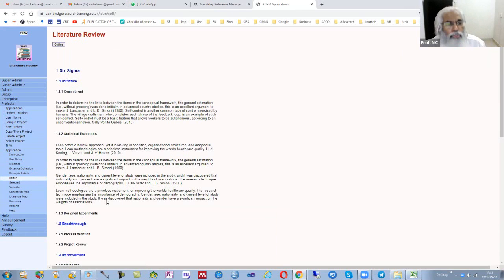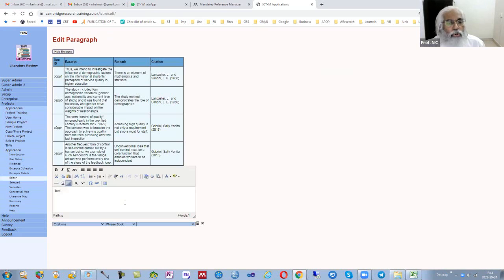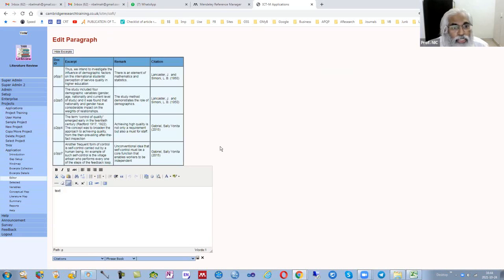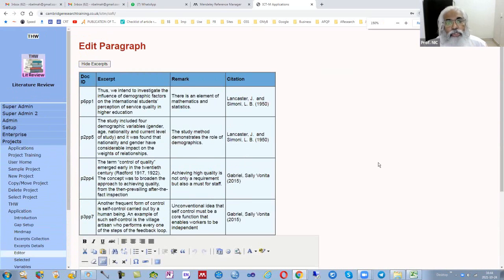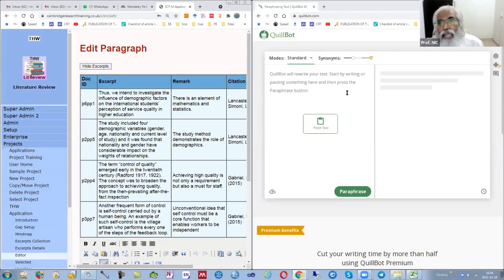Now I want to go into the editor, and you can see that I have put some comments, and right now I want to show you a new one. So let's say I go into designed experiments, part of the literature review. Here is the designed experiments. I click this and insert a new area for putting in my review. Let's just make it a little bit bigger so you all can see. Now, in continuation of what Dr. Sudesh mentioned, I found that we can actually work this side by side with CRT,